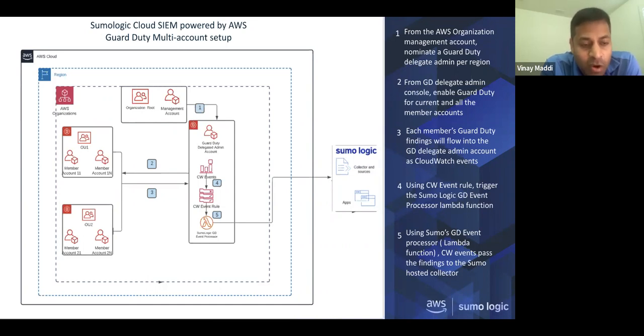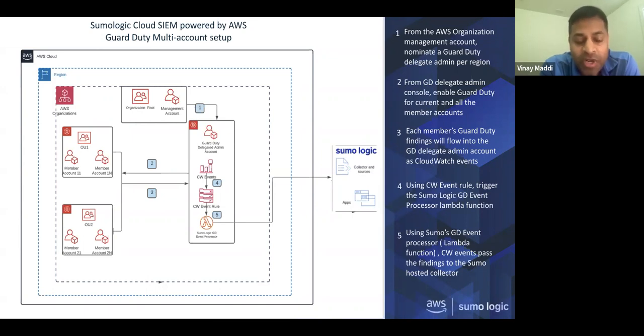Once you do that, all your GuardDuty events identified by the AWS GuardDuty service will flow into that centralized account. And then as CloudWatch events via a CloudWatch rule, you can stream them to a Sumo Logic hosted collector via a Lambda function, right? This is a typical way of integrating with Sumo Logic. One good thing about all this architecture is Sumo has already developed an AWS Quick Start, which automatically deploys this architecture for all your existing accounts.